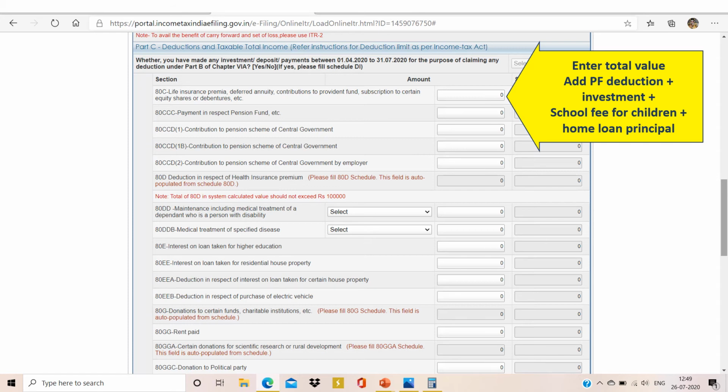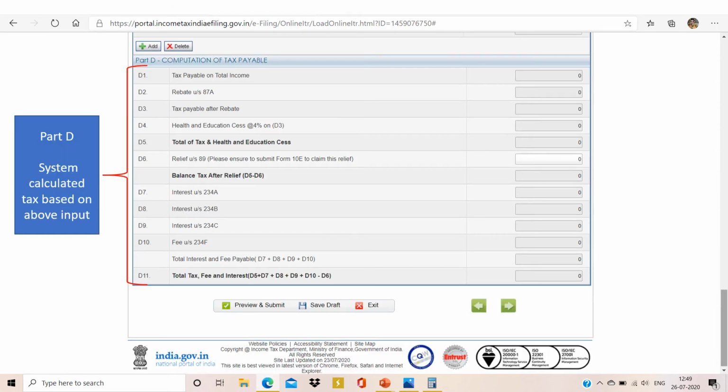Even if you made a total of 2 lakhs or above, you can still update the actual numbers as 2.5 lakhs or 2 lakhs, but the exemption will be considered as 1.5 lakhs. Once you've done that, scroll down below and you can find the part D section. Part D is a complete computation which will give you the net taxable income as per the data you have provided. Once it is done, go to the right arrow at the bottom.